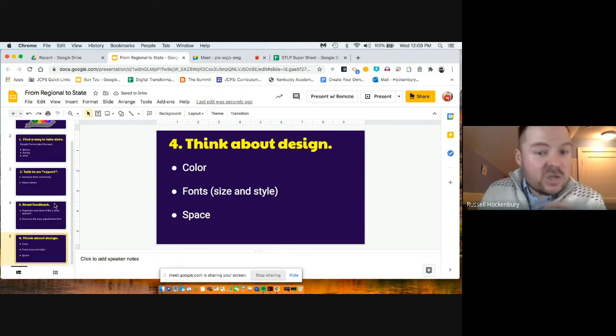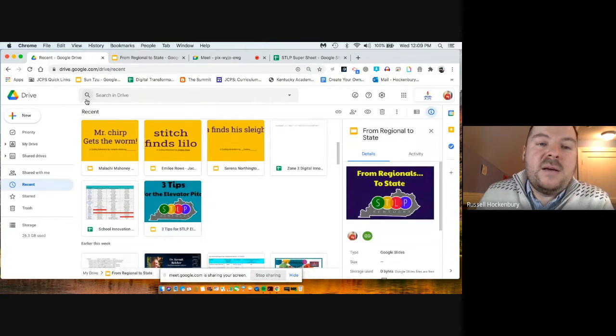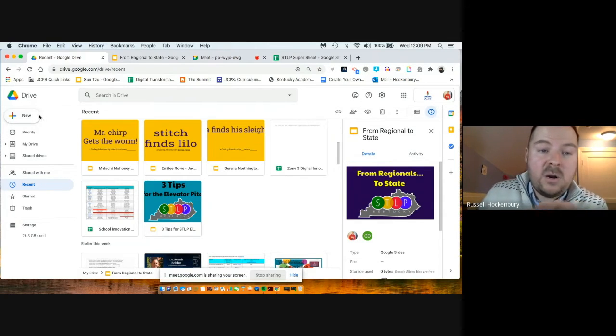All right, so those are my 4 tips. I'm going to go over now really quick how to build this Google site again, because remember, these are recorded, so you'll have this to go back to. When you build this Google site, because you probably will be building a Google site to house your project here, you as the teacher are going to want to do this if you haven't done it already. New,